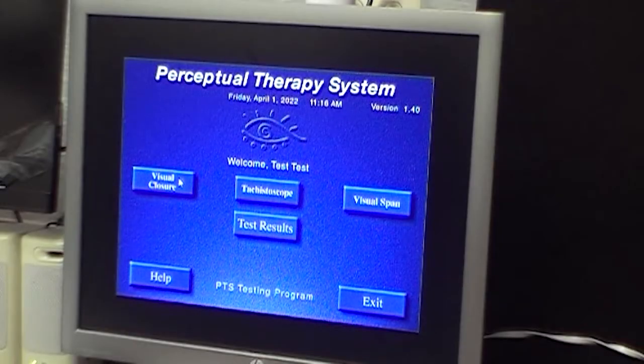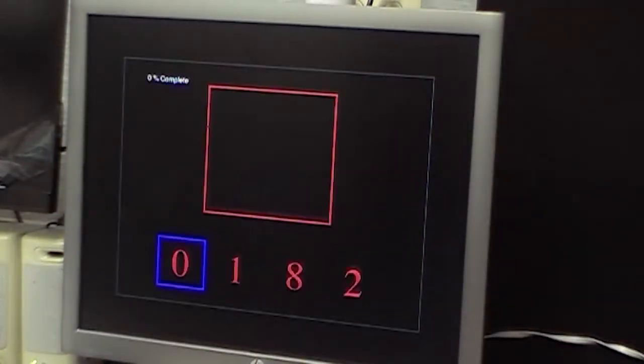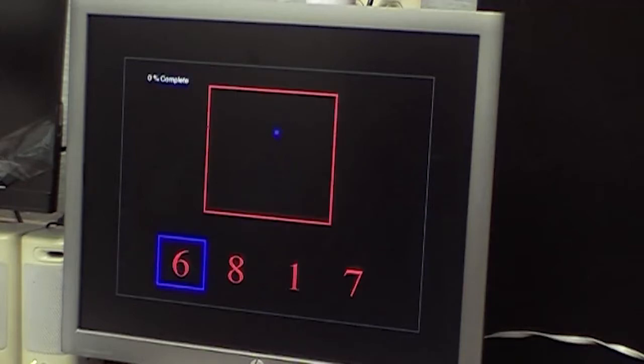The perceptual therapy system test consists of 3 separate parts: visual closure, tachistoscope, and visual span. In visual closure, what we're looking at is how somebody is able to close these pictures in their head. You can see it starts with simple numbers and it's pixelated. What we're looking for is how quickly somebody can guess or figure this out. The faster somebody is able to do this, the better they are, and they're able to move on to